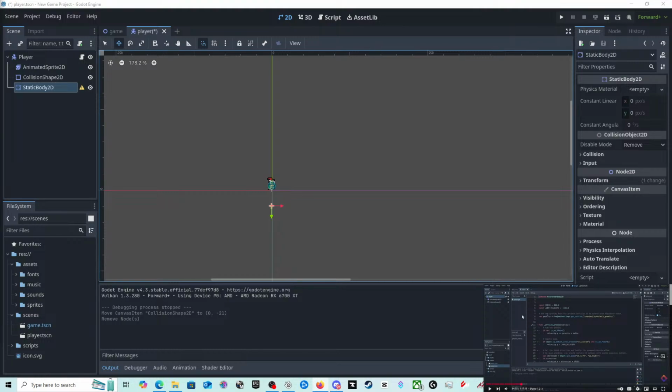Some tutorials, because they're so used to doing it, don't explain the really obvious things that trip people over. But it doesn't have anything to collide with. So in our game... Oh, he did say it. So he said in our game. But I thought he meant in the actual game, not in the game tab. Okay.